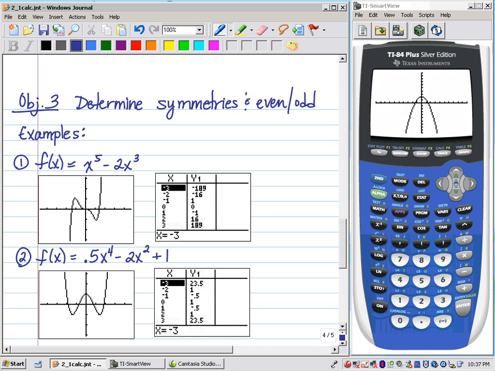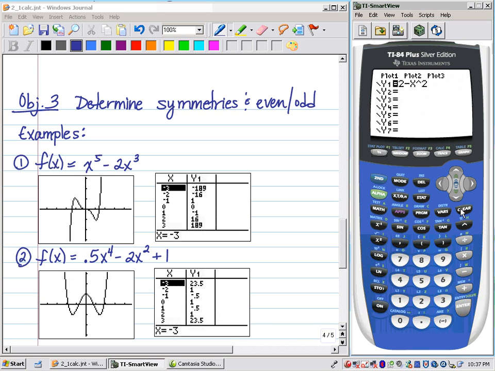Now the last objective is to determine symmetries and even and oddness from the calculator. So here's a function, and I just want to review how to enter the function. I've captured the important things, but just to make sure you see me going through these steps, if I enter the expression x raised to the 5th power minus 2x raised to the 3rd power,